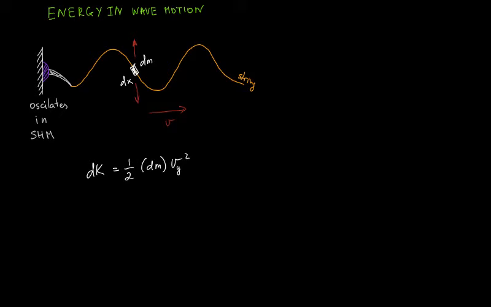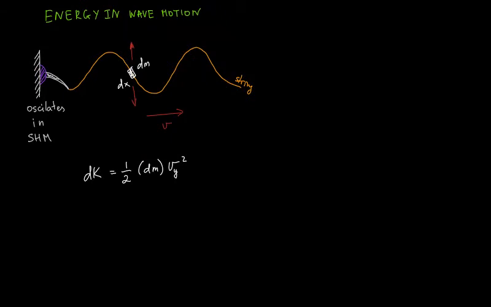Now let's suppose the string has a linear mass density mu. Then our dm, the mass of this tiny element, will be mu times dx. Let's plug that into our expression for the kinetic energy. That'll be 1/2 mu dx